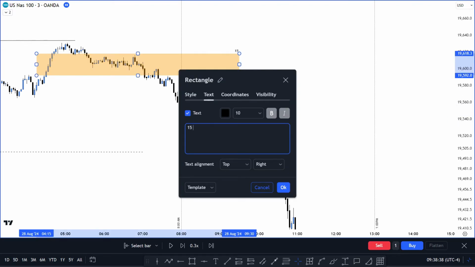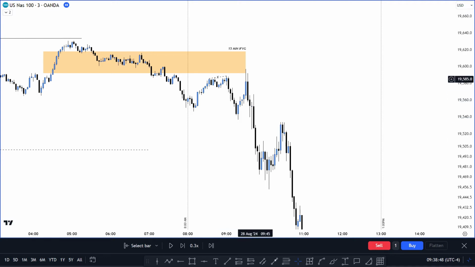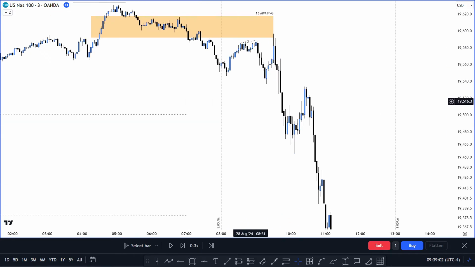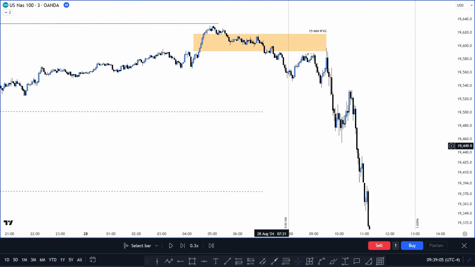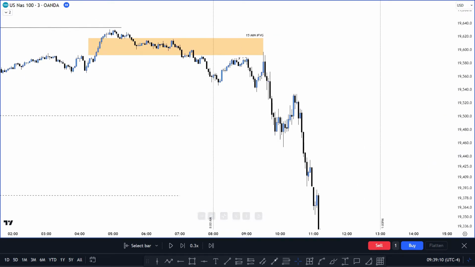This is our 15-minute inversion fair value gap. We're just gonna put it IFVG on the top right. Perfect. Now, for us to get our confirmation entry, because we're not too sure of this risk entry, right? If you're a person willing to use that wider stop loss, the risk entry would be perfect. But personally, I use a confirmation entry just for me to get that firm confirmation for price to go to the downside. What I'm waiting for is a firm market structure shift of old lows, and then for price to retrace and use the old lows that price broke through